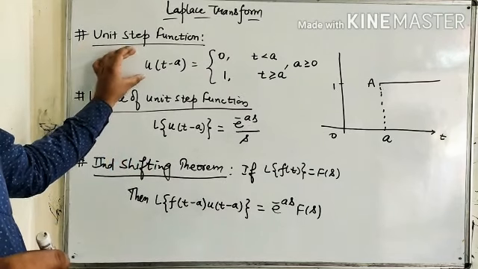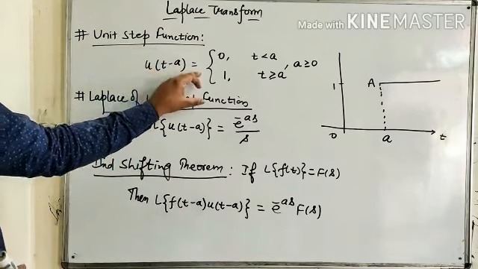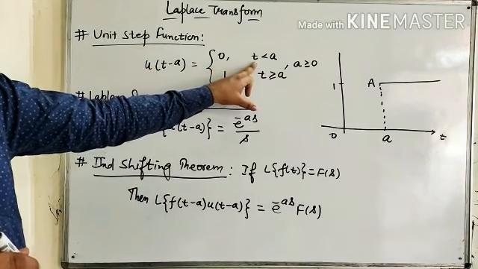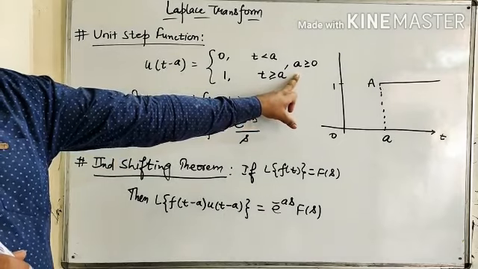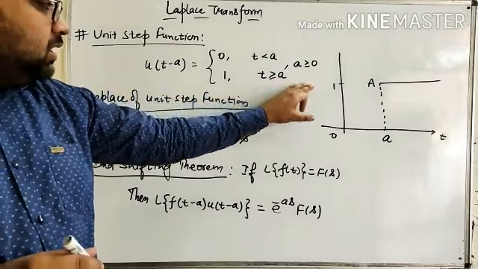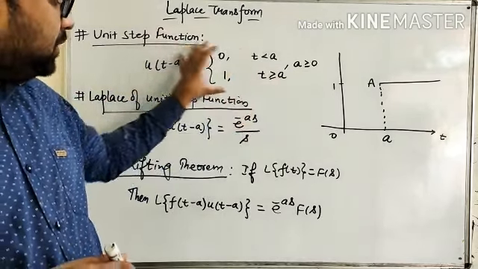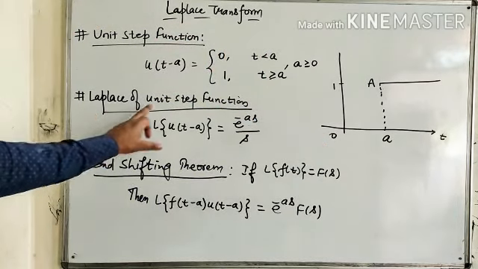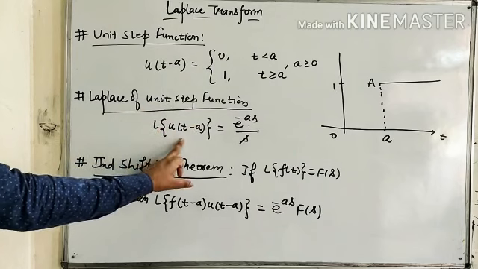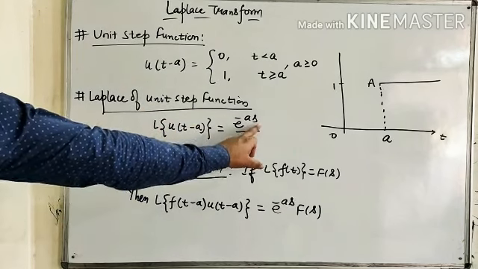The unit step function is defined as u(t minus a) equals 0 when t is less than a, and 1 when t is greater than or equal to a, and a is always greater than or equal to 0. And the graph associated with this particular term is written here. The Laplace transformation of this unit step function is L[u(t minus a)] equals e raised to power minus as